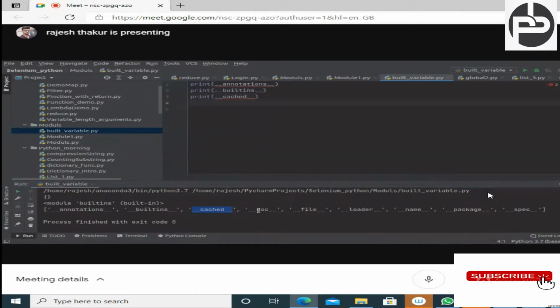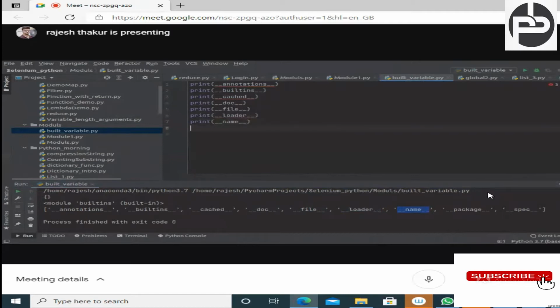and __doc__. Just try to understand what I'm writing here. __doc__, and here we are writing __file__, __loader__. Print __name__, just copy paste this.